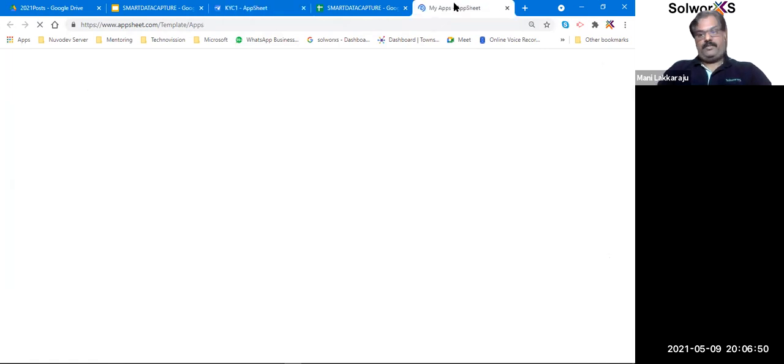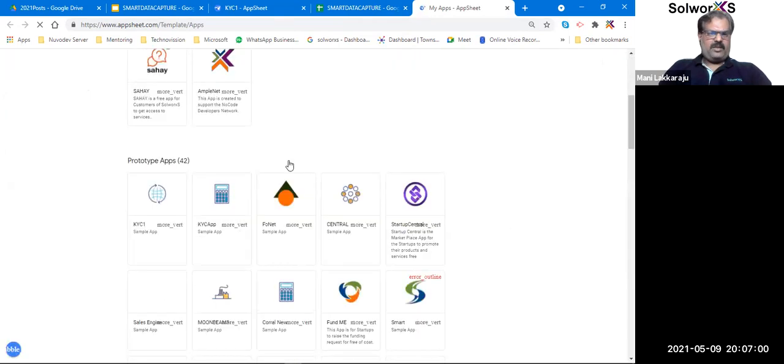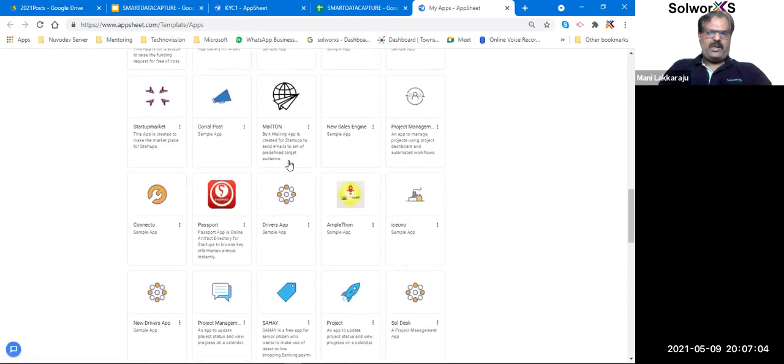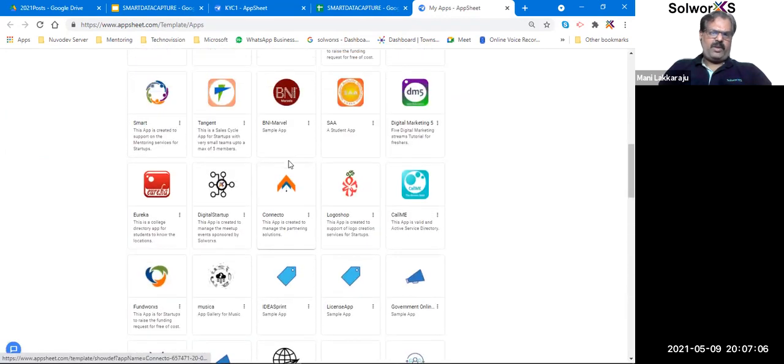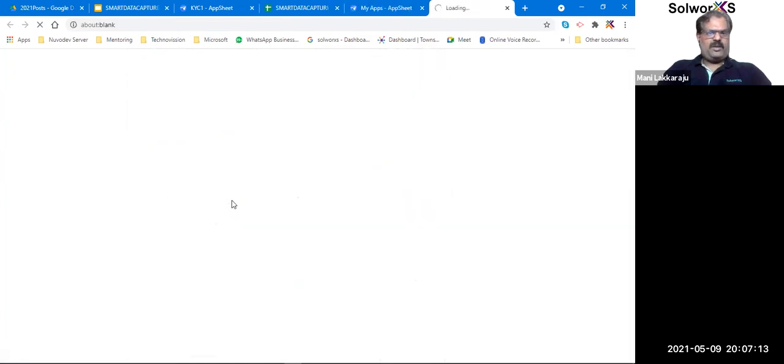Okay, one second, it is loading. The internet is a bit slow. Okay, great. So we have here, these are all the different apps that we work on. So all the apps that you work on are shown in your account. So many apps we work on. We work for various customers. We work for various applications. So that's why it is showing up. So I'll pull up the app which I've done, which is the smart app. Okay.